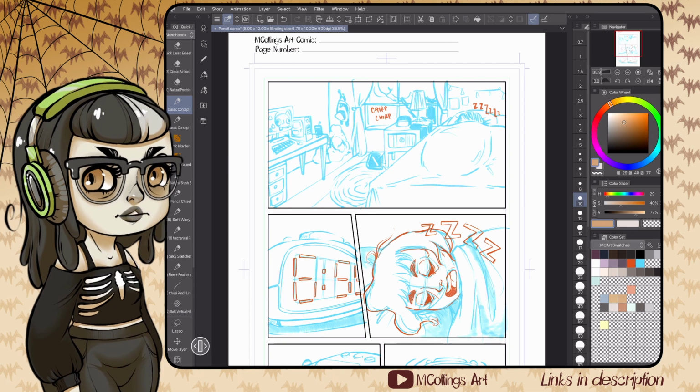When I first started inking this comic, I was using the panel folders in CSP and leaving all of my panels as separate folders so that I could access them like that, and that turned out to be not the most efficient way to do things. Even though it's got this really nice purple border around the page that lets you know where the mask is, so you can't really write outside of that area when you're in the panel. I prefer to just do it with selection because it's a lot easier to have it all on one layer